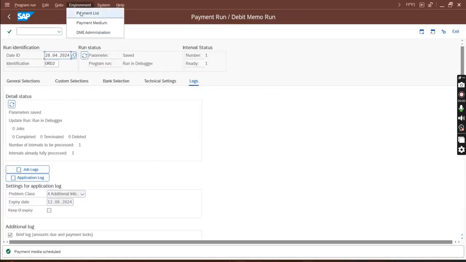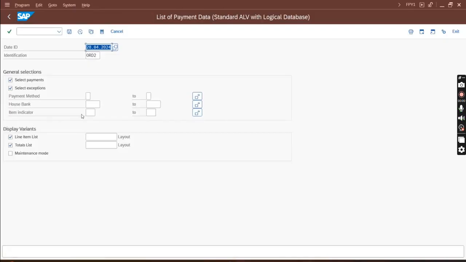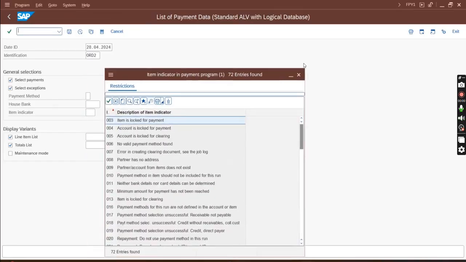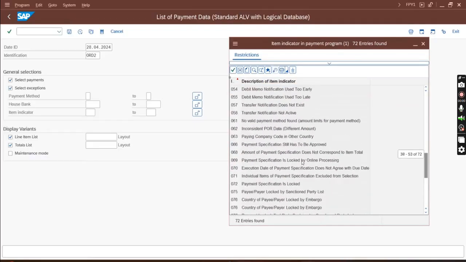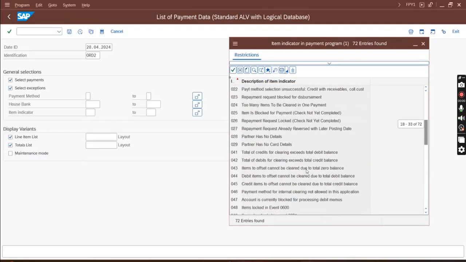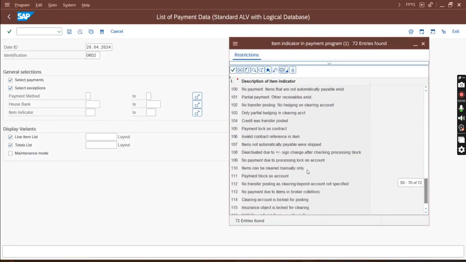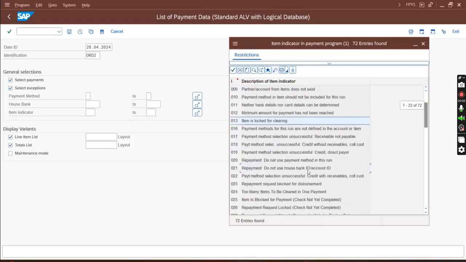Exception means, okay, I'll grade. So currently standard SAP will tell you whether I got any exception in this batch or not, like the item is locked or whatever exception is there. But suppose I want to have a new exception. So what will I do? I will configure a new exception reason. I have 72.